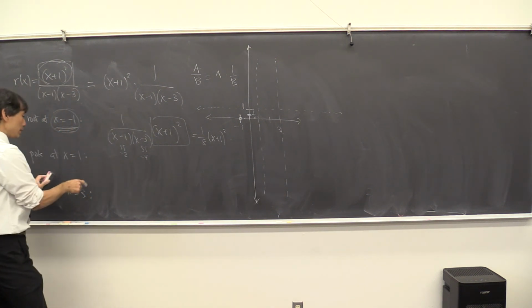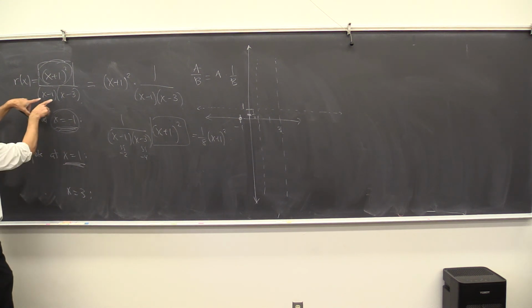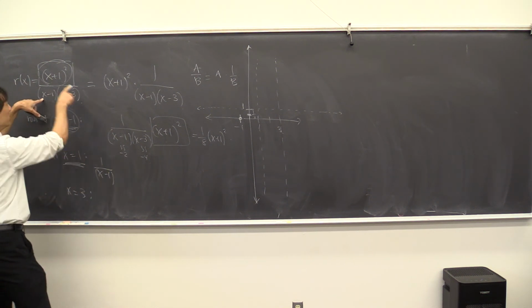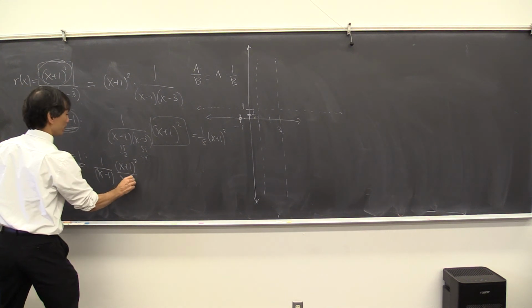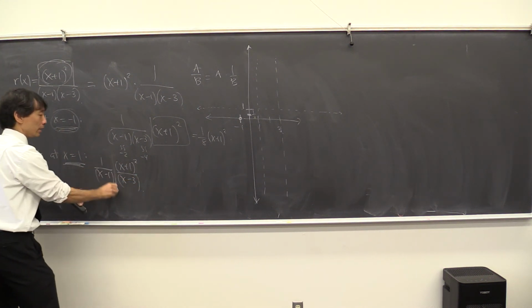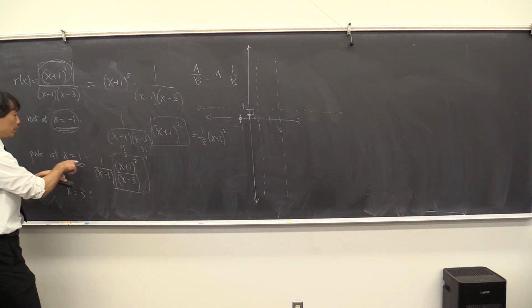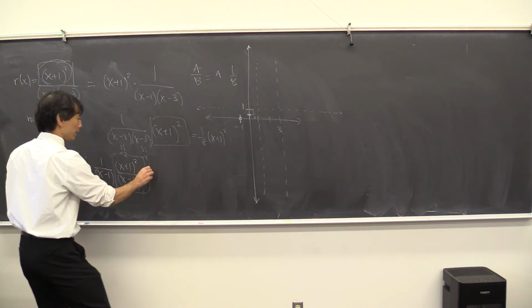For this guy, this is the term that we're concerned with. So we've got this 1 over x minus 1, and then everything else is the other part of it. That's the part that's going to give us our coefficient. So you just substitute x equals 1 into there, and that is going to give you